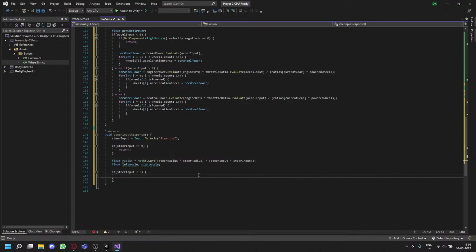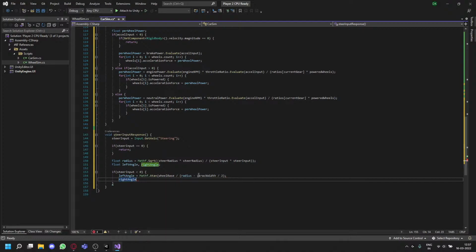It is the left angle is the Mathf.Atan. Atan is basically the tan inverse formula. Wheelbase by radius minus track width by 2,